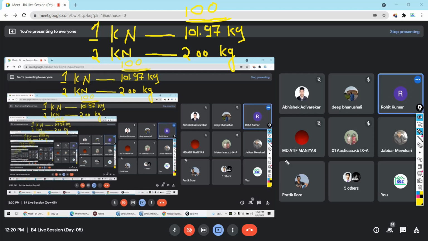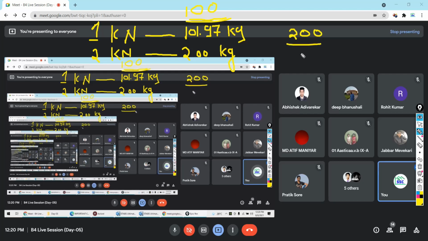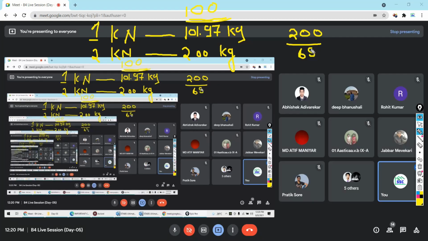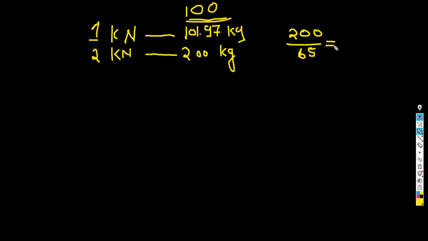You all agree between 60 to 70? So 200 divided by 60 to 70, let's say 65, or you can take 70 also. Tell me what answer you are getting?